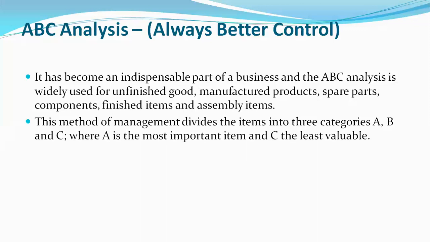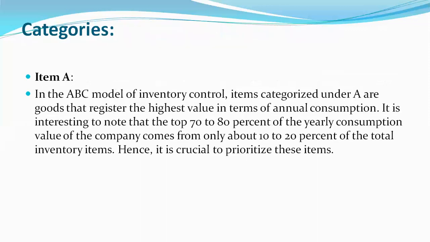A class is the most important class. Actually, this is the direct raw material that is consumed on a daily basis, and C is the least valuable, the parts that are required but not frequently, only sometimes. B is the medium between these two, A and C. A is the most frequently required item and C is the least required item, and B falls in between, so B is the medium required item. So we'll be discussing the ABC categories.